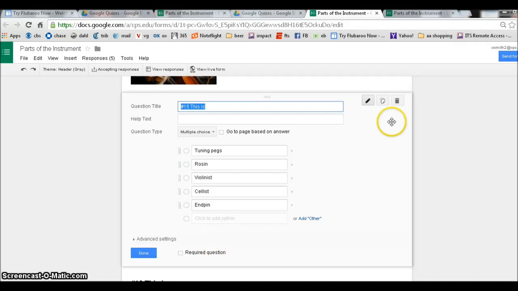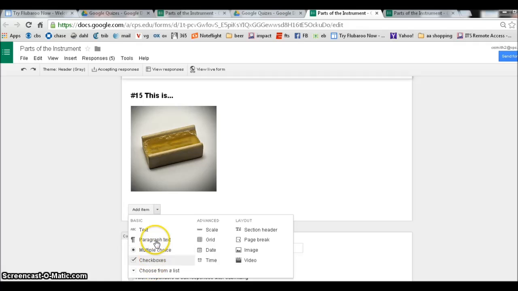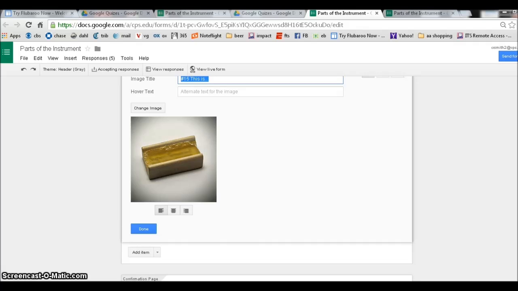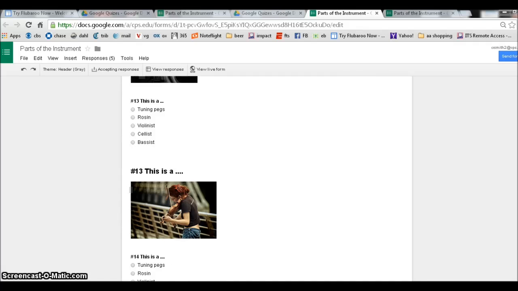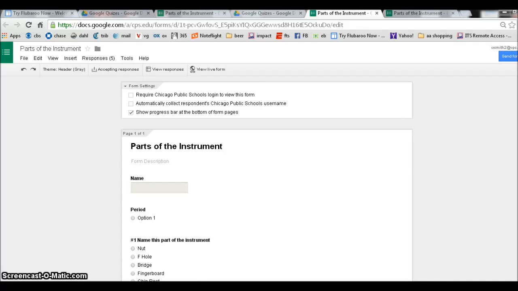I can add item. I can add one of these questions. Paragraph, multiple choice, check boxes, grid, all sorts of stuff. So it's pretty straightforward to include questions on the form. So once you get finished with this,